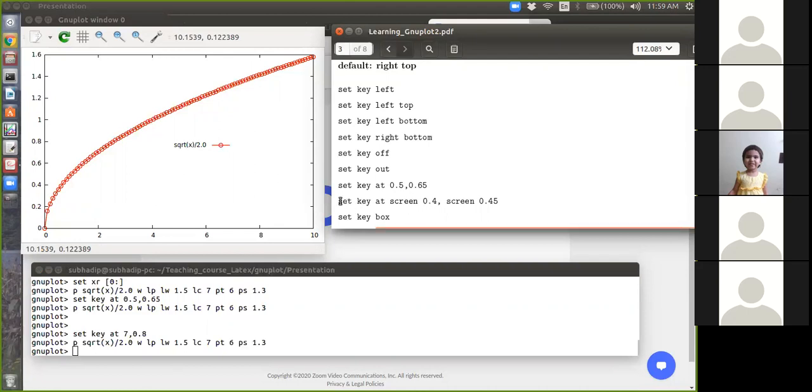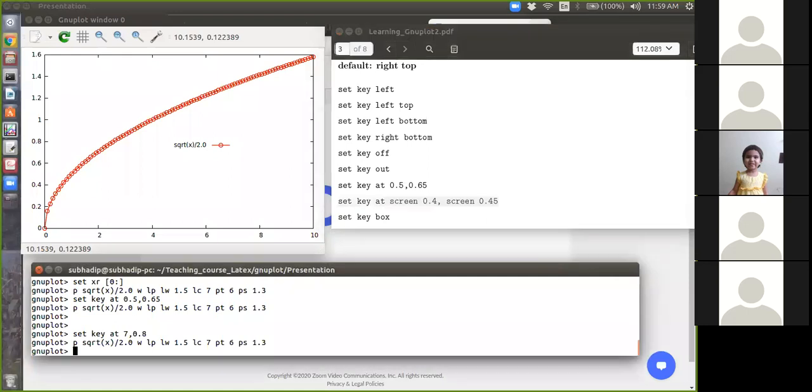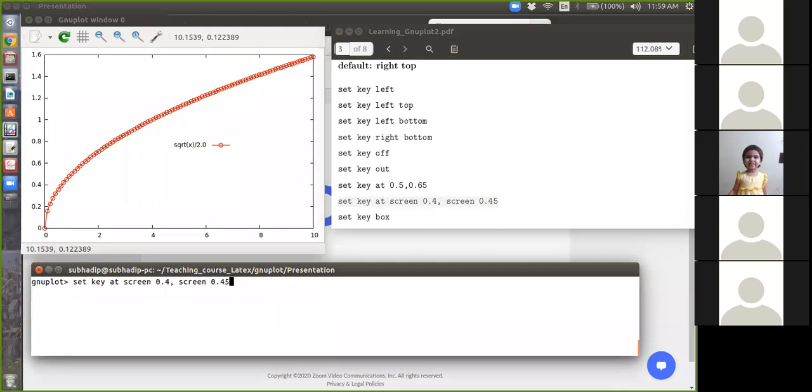I will try it. This key setting will not depend on the x range and y range; it will depend on your screen. Just replot.